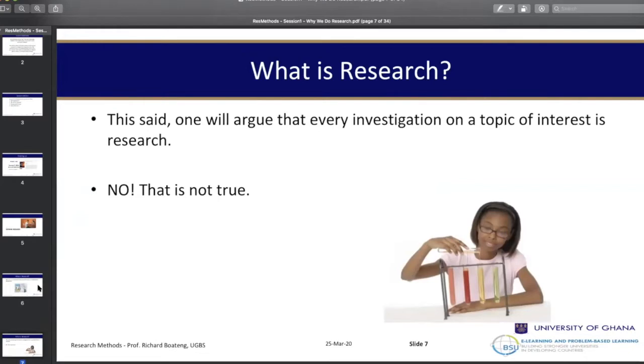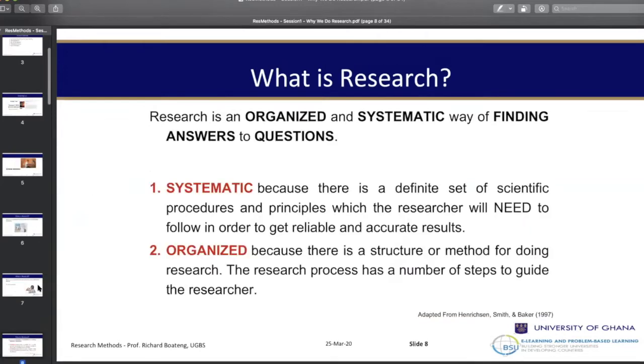So we don't usually accept that because there are certain building blocks of research that we expect that every research, especially academic research, should have before we can accept it as being research. So every investigation is not necessarily research. Why? Because research itself is a systematic and organized way of finding answers to questions. Now we say research is systematic because